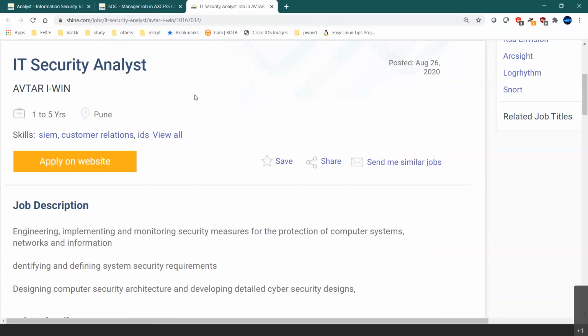So is this clear? You can also access these websites, like Shine or Naukri or Indeed. You'll be able to see you have n number of opportunities in this particular network security field. And one simple thing they all ask: if you have knowledge in auditing the networks to see whether your network has been configured securely or not.